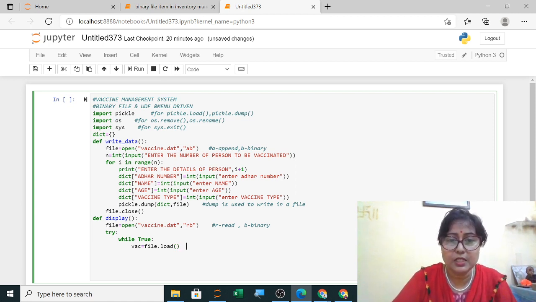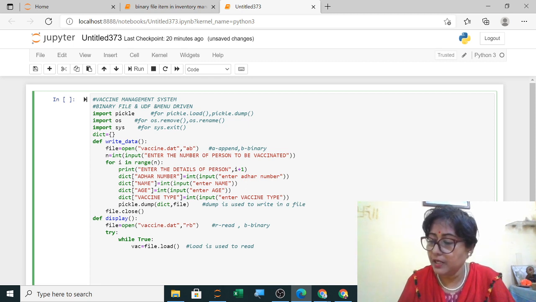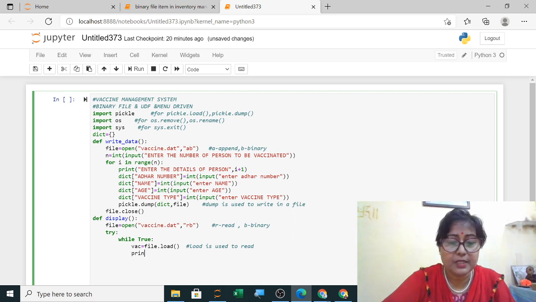So load is used to read from the file and store in VSC. Over. Now the next step, after storing it, is to print. So we will use a print command to print this.